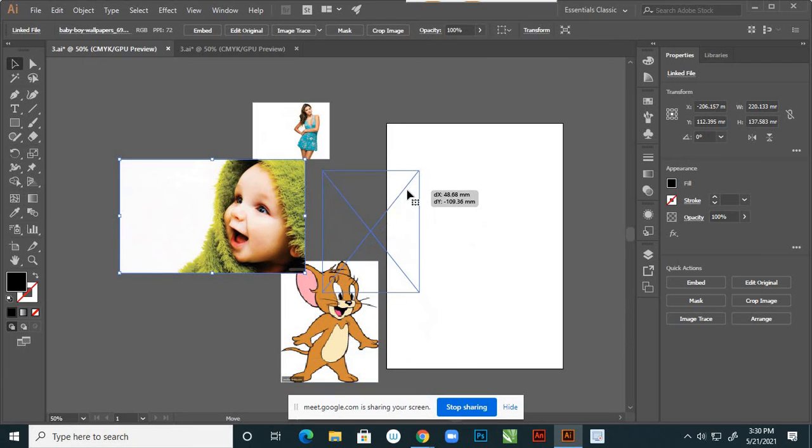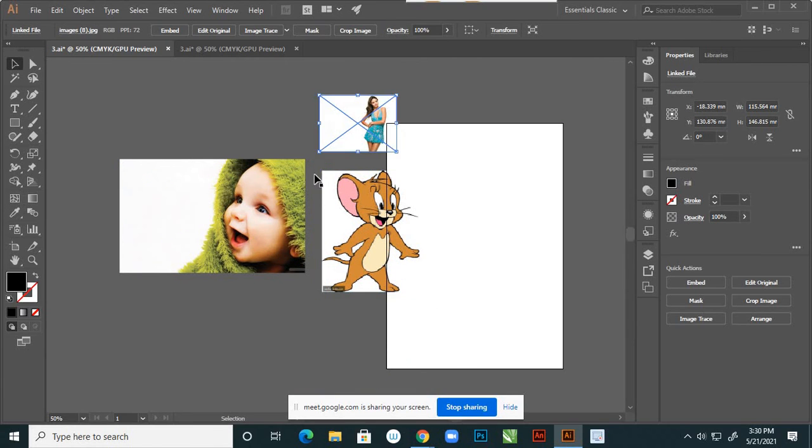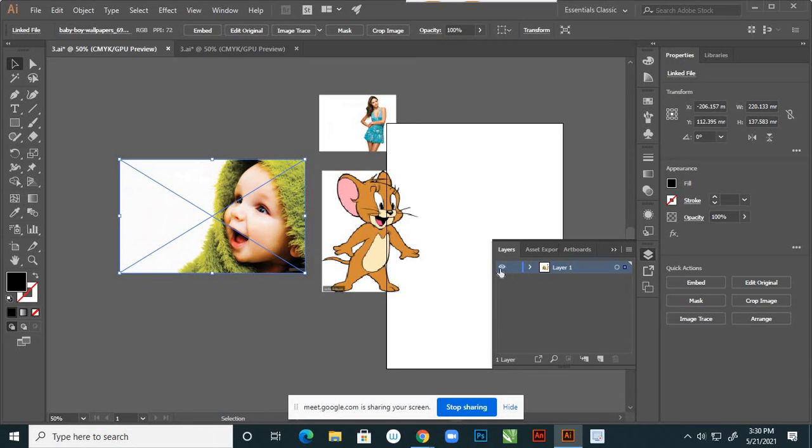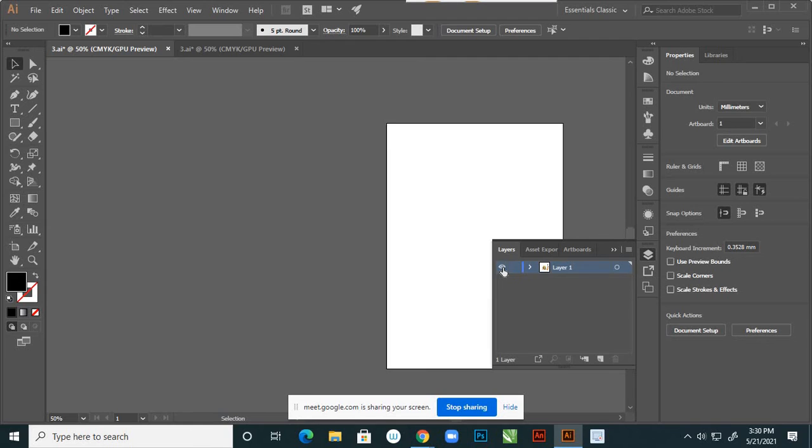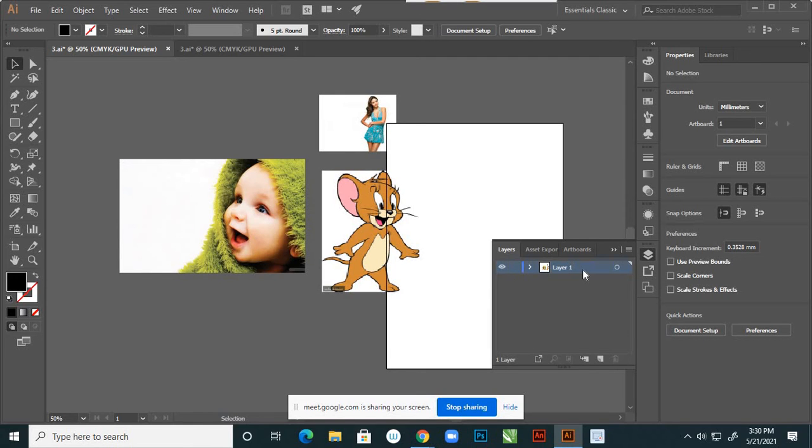layers. So in Photoshop we know layers, what the layers are, right? In Illustrator also we have layer options. See here in panels it is shown in a book shape, right? So layers, click on that. See, actually this is not one layer.